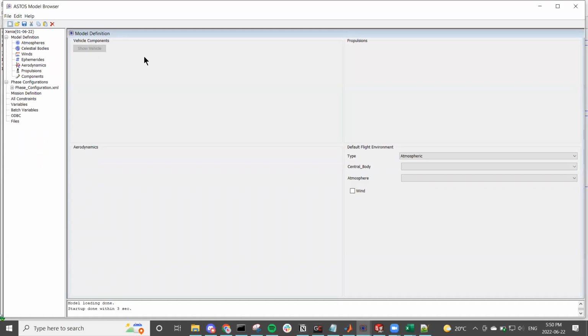There's not a ton you usually need to change, but you do need to check. So under model definition,